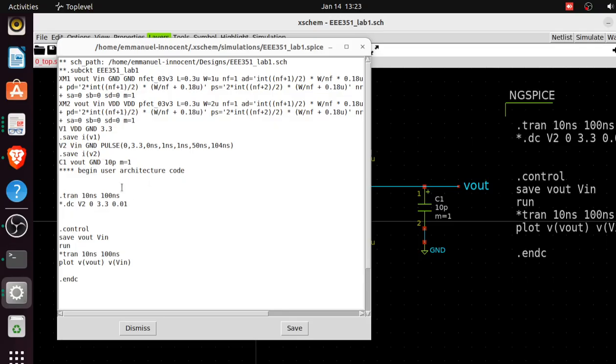So you can see this XM1, that's the M1 transistor. I think that should be the PMOS, or no, it was the NMOS, since NMOS was the first transistor I dropped. Then the second is the PMOS. You can see the definition. Maybe later we can come back and talk about how the netlist works, like all these connections here. Then the voltage source I specified, this is V1, it's just 3.3 volts. Then this other one is a pulse type of voltage to generate a square wave for us. And look at the capacitor, and look at our